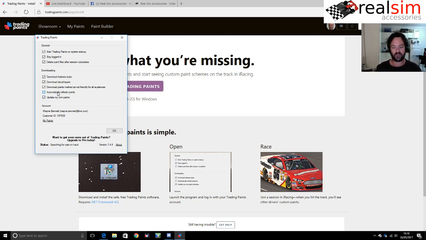That just makes the sim hit Control R whenever it pops new files in, which is handy. And then update my own paints, it just allows you to manage your paints from the website, makes it a little bit easier. If I'm testing paint jobs, I'll actually exit Trading Paints so that it's not mucking around with anything for me. But if we go and look at this in action,